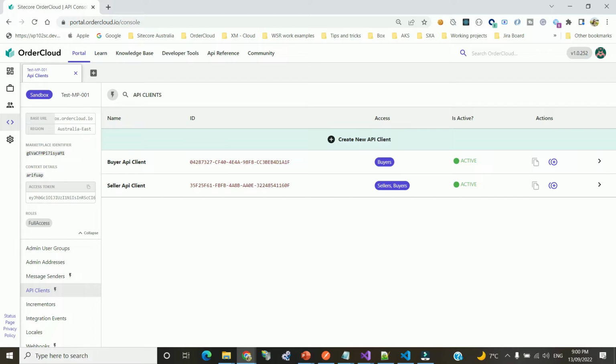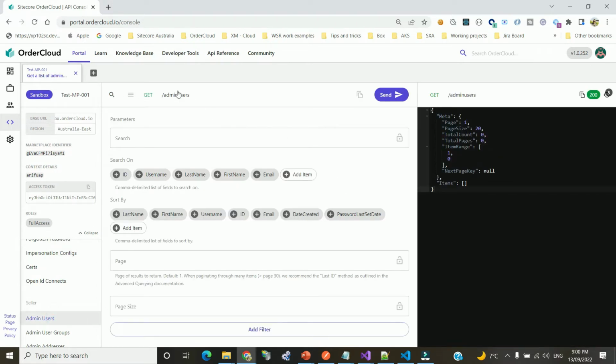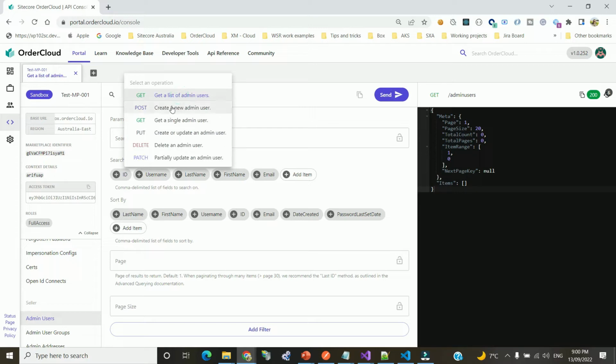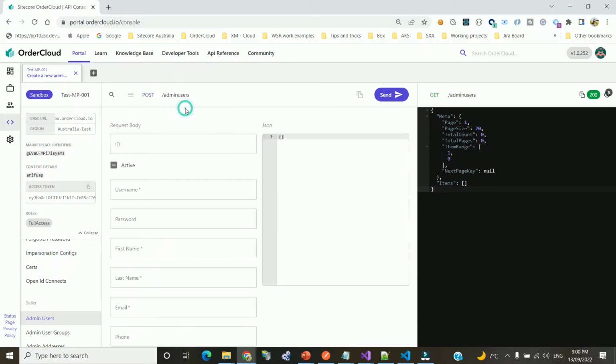So now what we are going to do is create our admin user. Since our client is ready, let's hit this admin user and create an admin user. In the admin user, you can see at this moment there is nothing. So I am going to use the create new admin user,